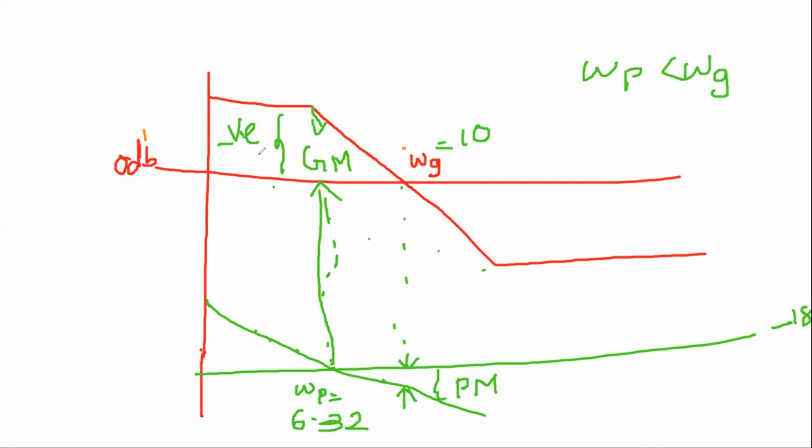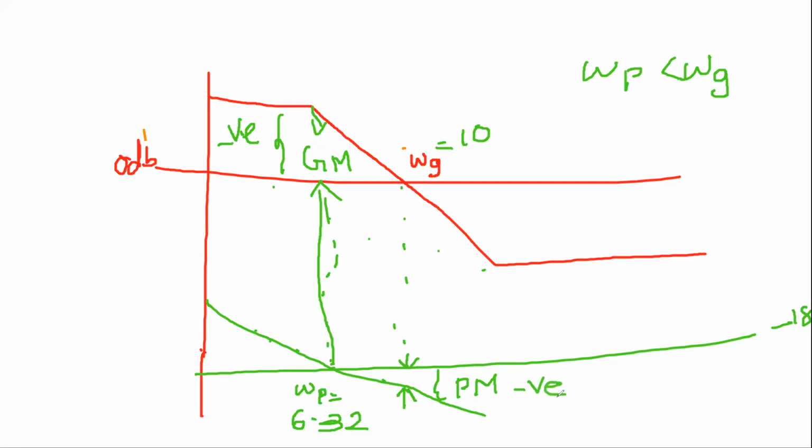Then similarly, how do you find the phase margin? In order to find the phase margin, find the gain crossover frequency. From the gain crossover frequency, come down and touch the minus 180 line. From the minus 180 degrees line to the phase plot, whatever is there below that is nothing but your phase margin. So a phase margin below minus 180 is negative.